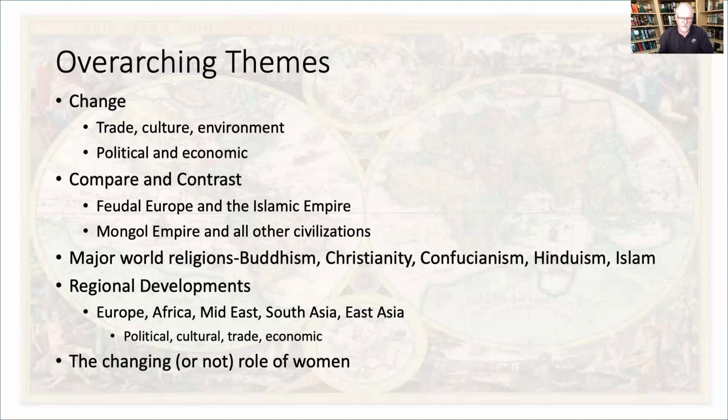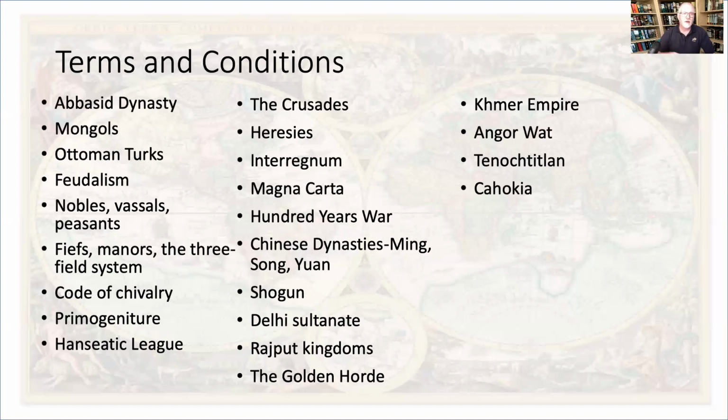So as we go through the rest of the economic systems, let's go to the next slide and look at some of the terms. Now, again, this is not meant to be comprehensive. Obviously, in your textbook, anything in bold, as I like to tell my students, is probably something you really want to pay attention to. But also the bigger terms here, particularly relating to economics, such as feudalism or the Hanseatic League,